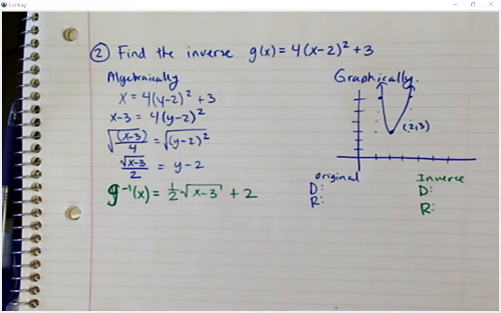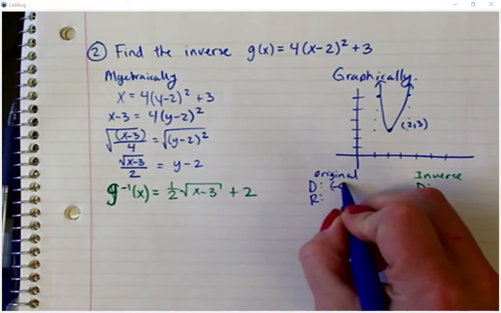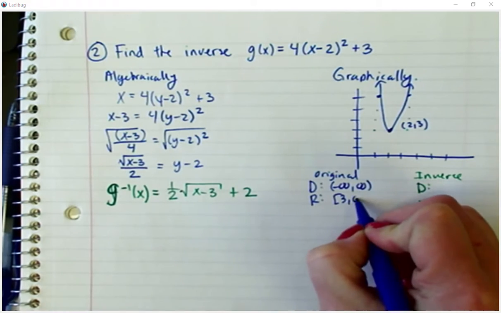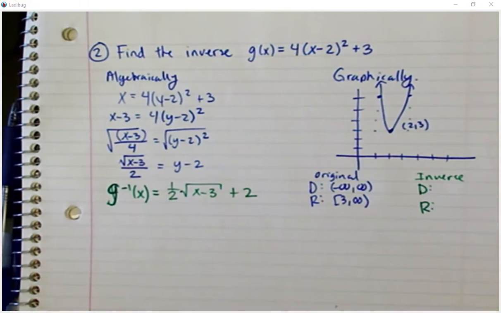Right? That's the original. Okay, so I'm going to write down my domain and range of the original because everything has to come back to the starting point. Range is, okay,